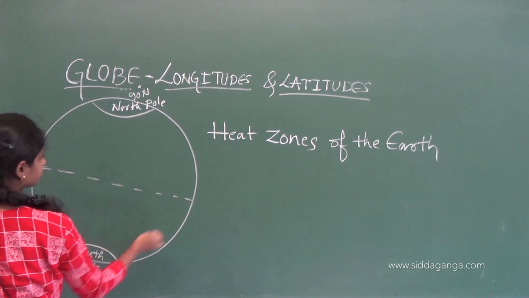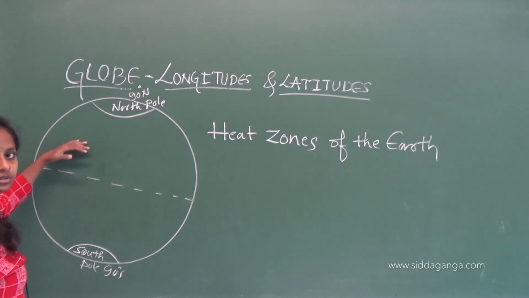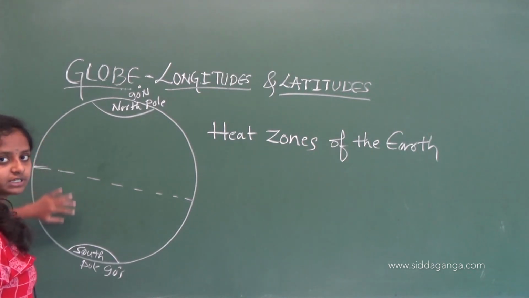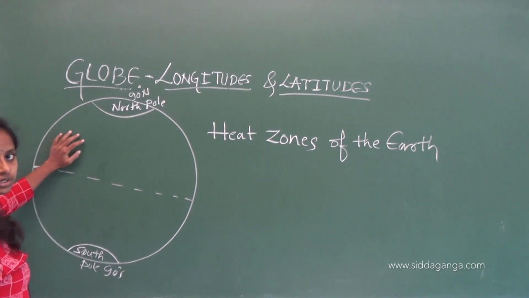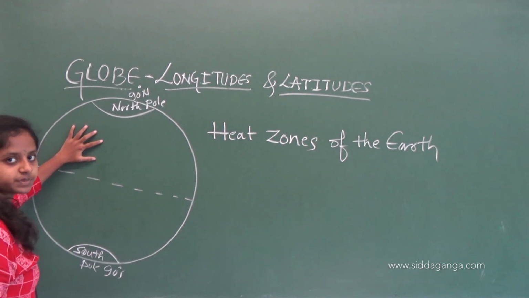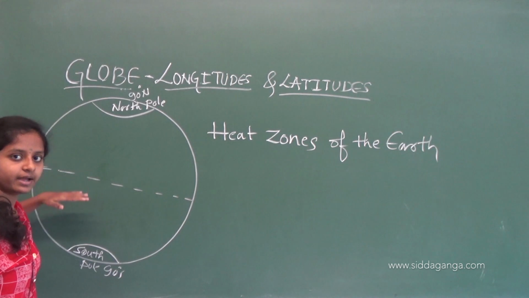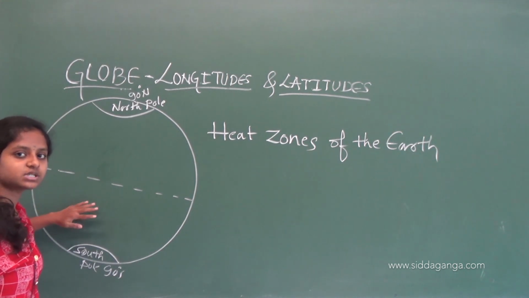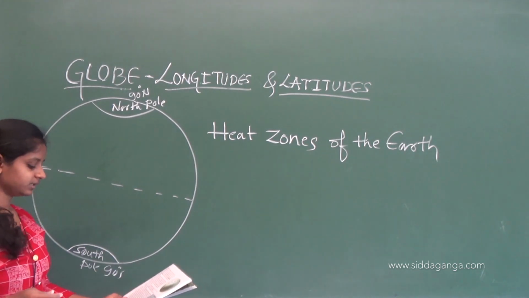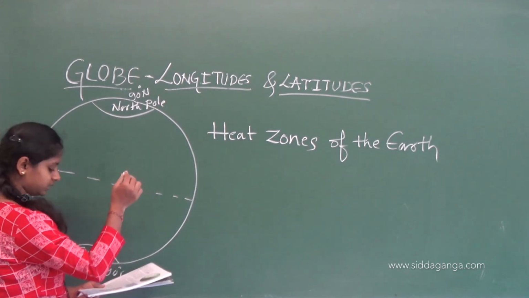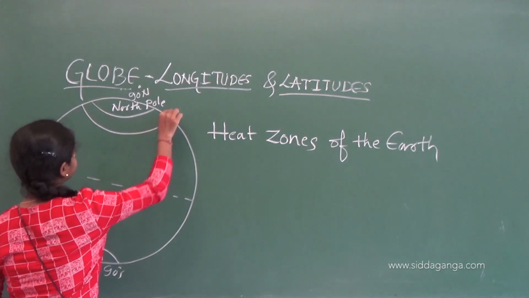the Earth's surface into two equal halves. So this is equal to this. This is the northern hemisphere, which is north of the equator, and this is the southern hemisphere, which is south of the equator. Then in between, here we see the Arctic Circle, which is